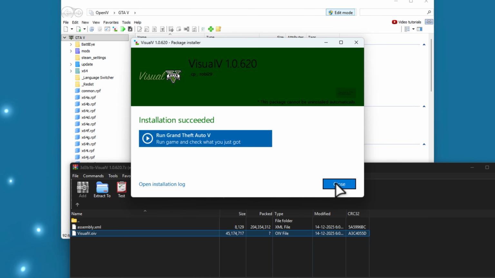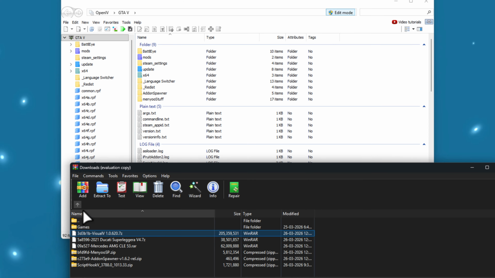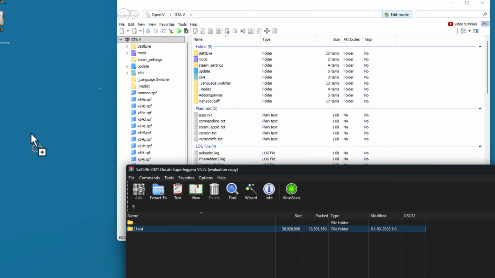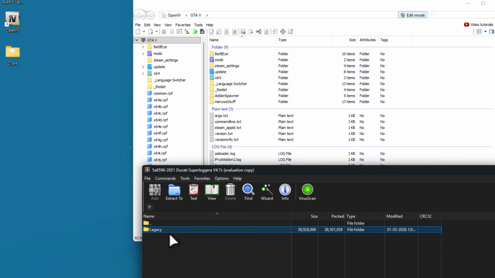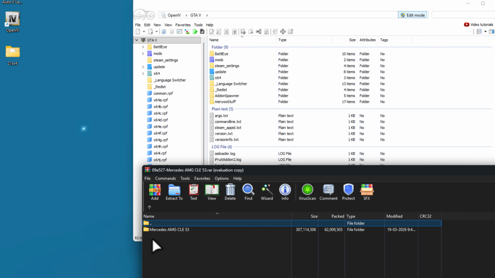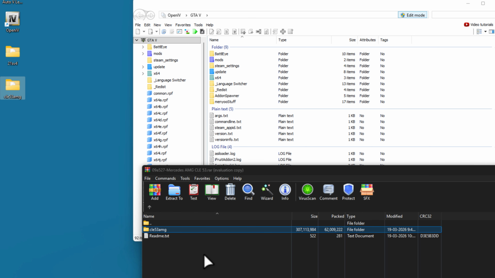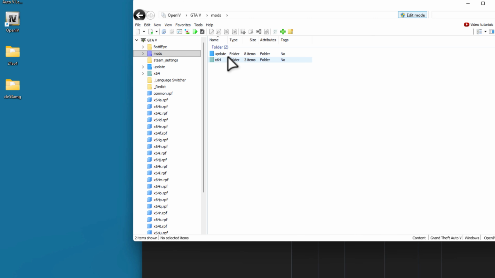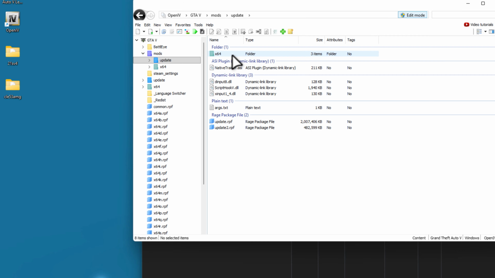Once this installation is done, close stuff here and go back and open the bike mod legacy. Drag and drop this bike mod to desktop and then go back and open the car mod. Inside you can see dlc.rpf. Drag and drop this car mod to desktop. Once you've done this, open mods, update, update.rpf,